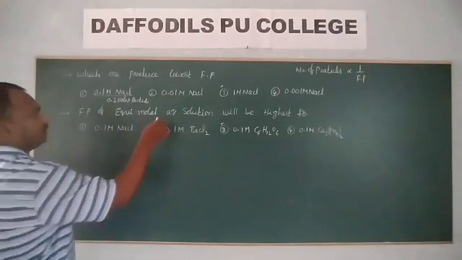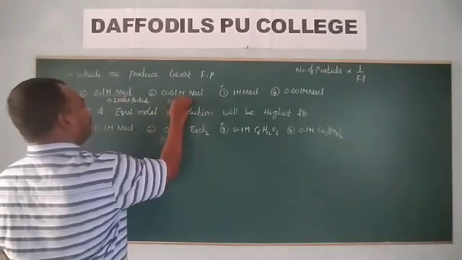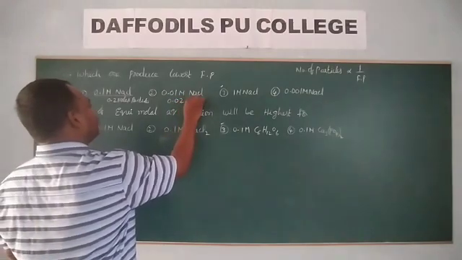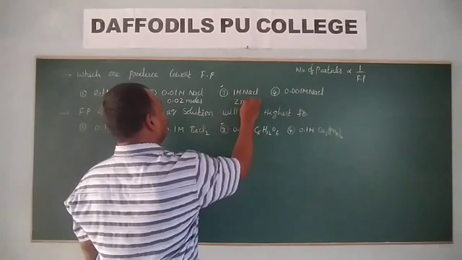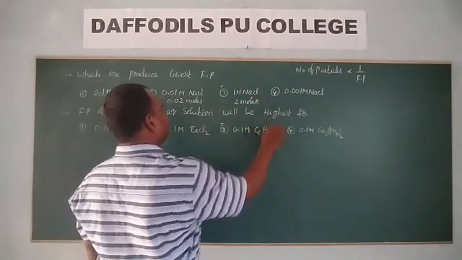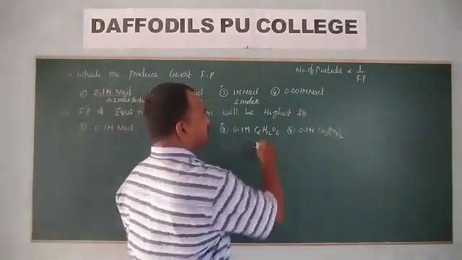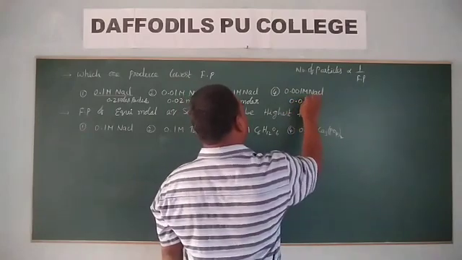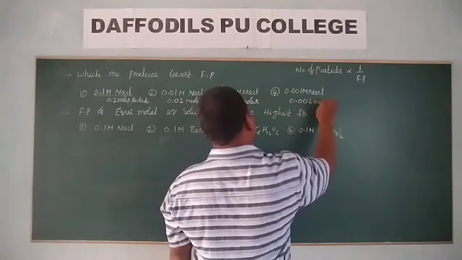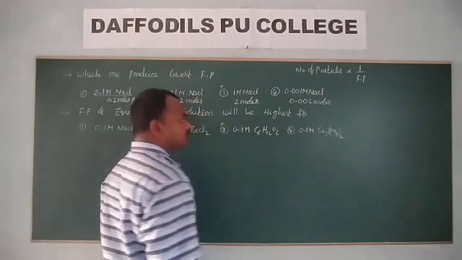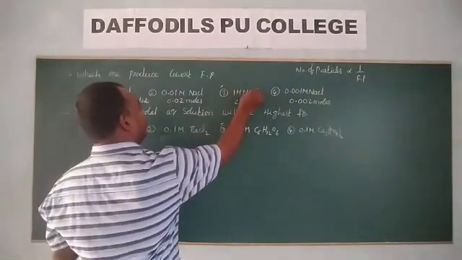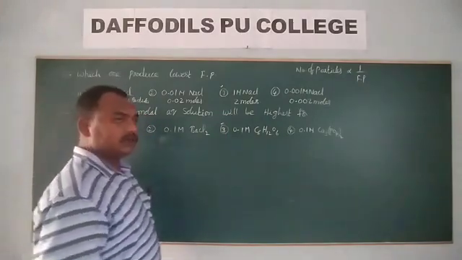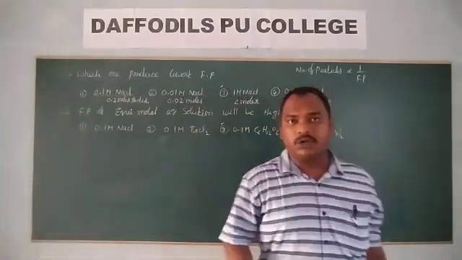So what about this thing? From here you will get 0.02 moles of particles. What about this thing? 2 moles of particles. About here, 0.002 moles of particles. So in which thing are you observing more number of particles? In sodium chloride you are observing 2 moles of particles, meaning more number of particles.